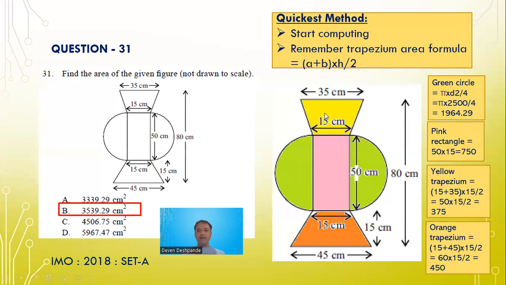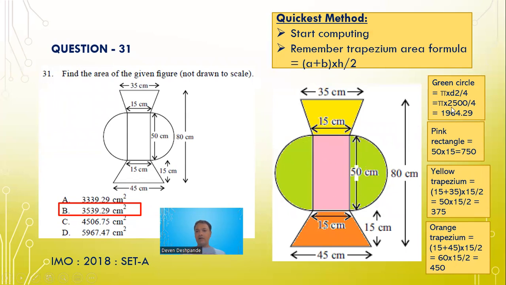So let's find the area of the trapezium. What is the area of a trapezium? A plus b into h upon 2. Here a is 35 and b is 15. What is h? It is the distance between the parallel opposite sides, the height of the trapezium. So the length of one parallel side plus the length of the opposite parallel side, into the height, divided by 2, is the area of the trapezium. Now when we split this whole figure into various shapes, this green semicircle plus this green semicircle will form